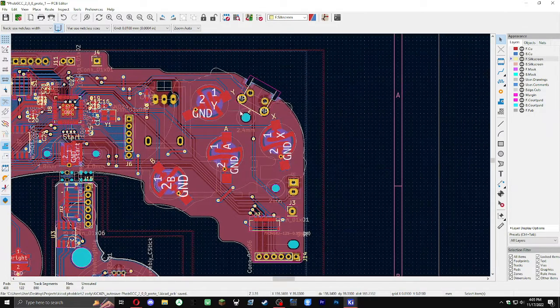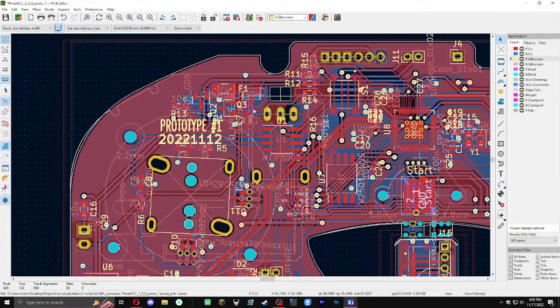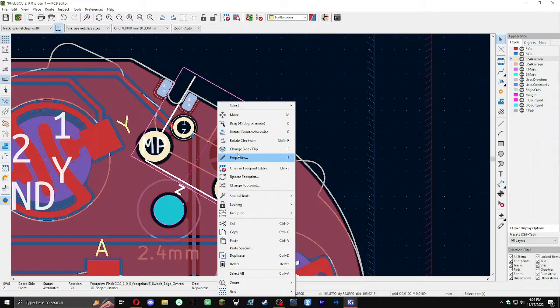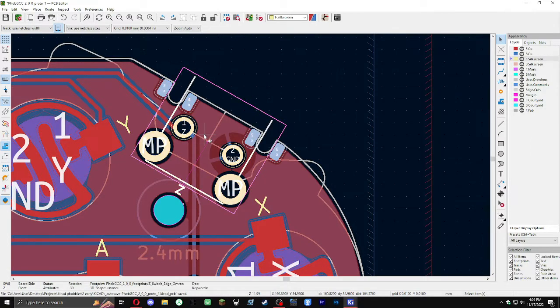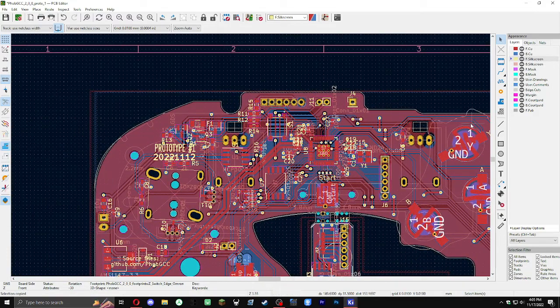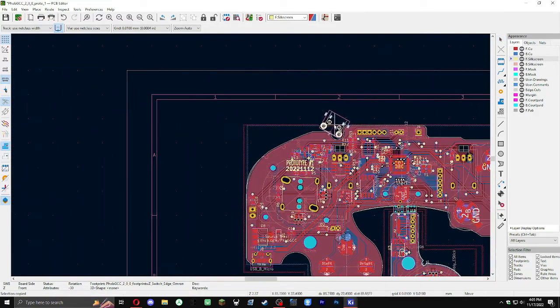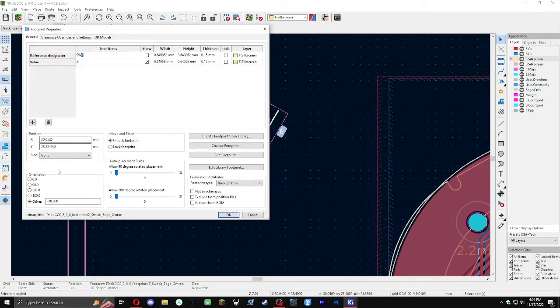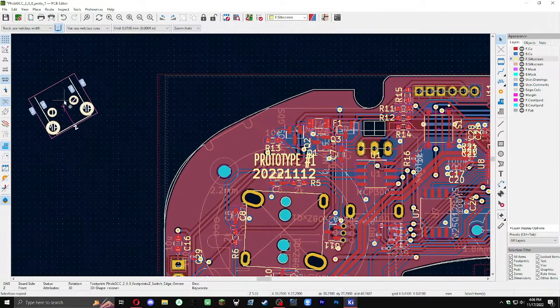Okay, next, before we fix all of this, I'm actually going to get the traces right here. And what's interesting is that you see this purple box, that all of this is connected. So what you can do is you can just select only this part, hit Control C, and then do Control V. So I'm actually going to set it over here like we did the last one, and notice that it's got a rotation of -30. We're going to change that to +30, and that's going to get it correctly rotated for